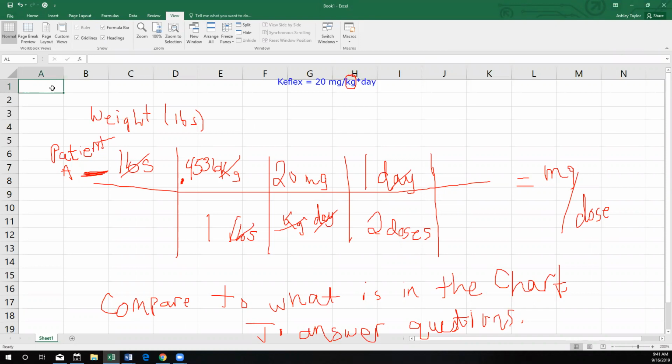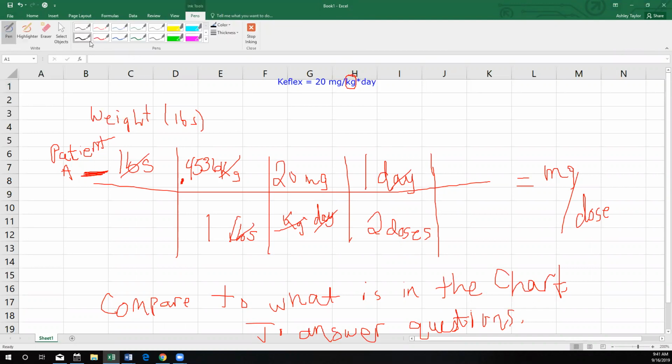Okay. So I have my Excel here. So I'm going to label my columns. So currently, I have my weight in pounds here, my weight in kilograms here, kilograms here, and then this is my